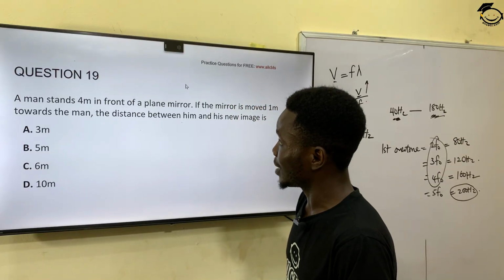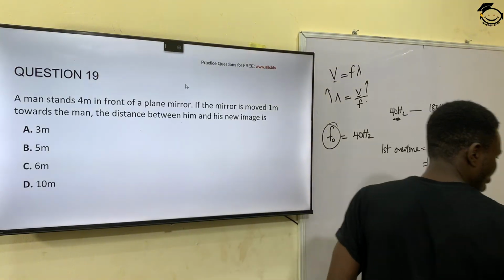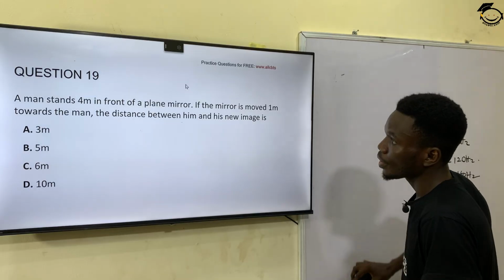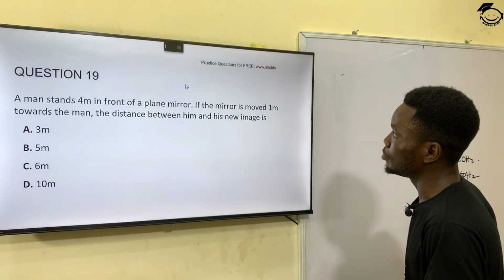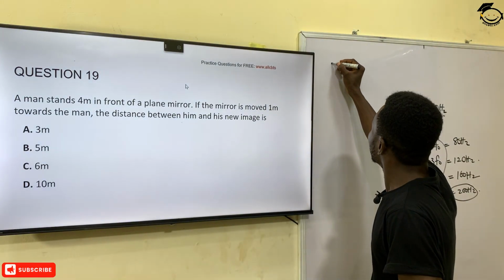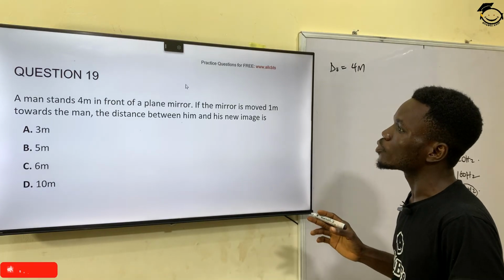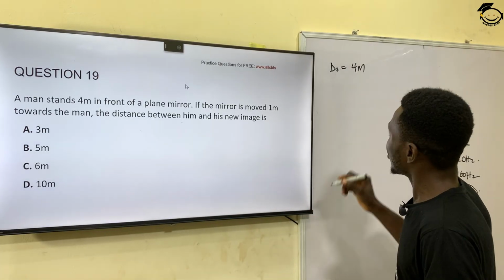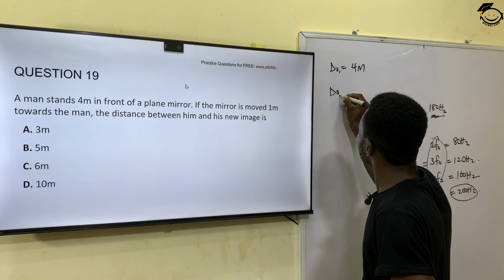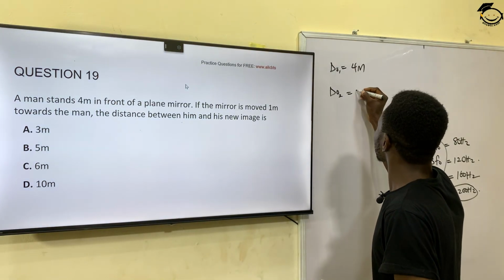So that takes us to question number 19, which says a man stands 4 meters in front of a plane mirror. So the original distance of the man, or the object distance, let's say DO of the man, is 4 meters. Then it says if the mirror is moved 1 meter towards the man, so the new DO, let's say this is DO2, the mirror has been moved 1 meter towards the man, which means that the new distance is